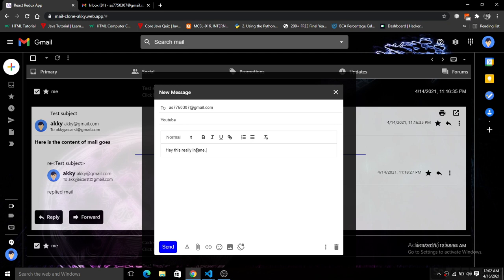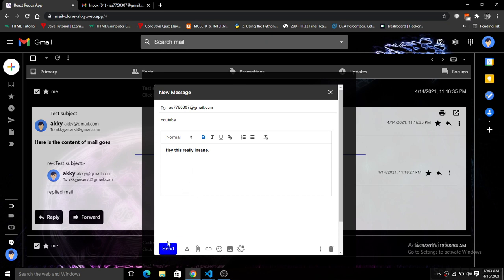Here we are using React Quill, so you can format your content here. You can see that we are able to format the content. If you want to paste formatted text, you can simply paste it in the Quill editor. It is a very nice rich text editor. We will also cover that part in this build.